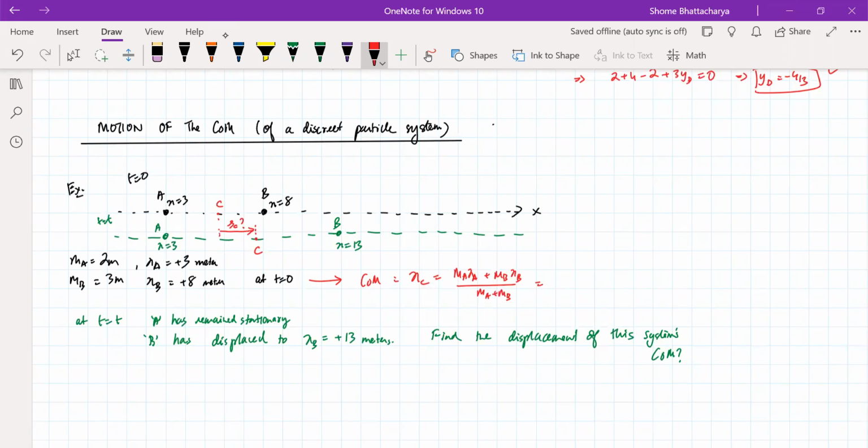So it's located at six, right? And now at this new time,